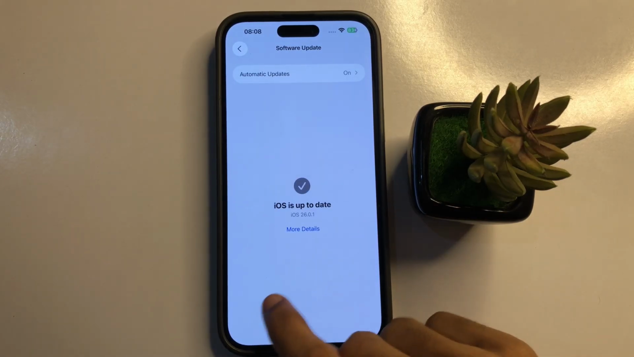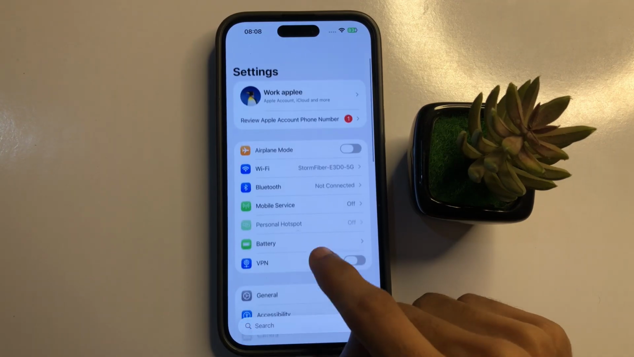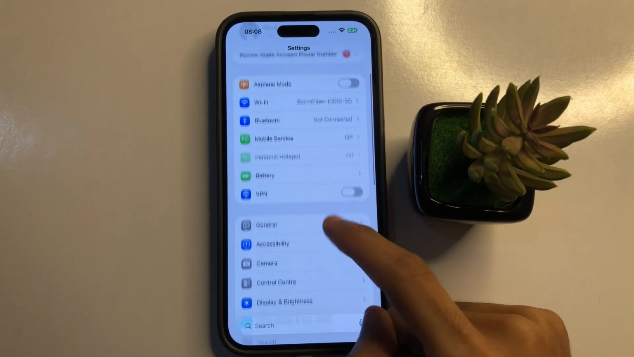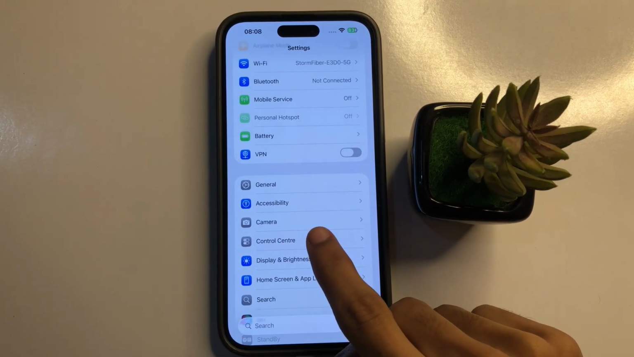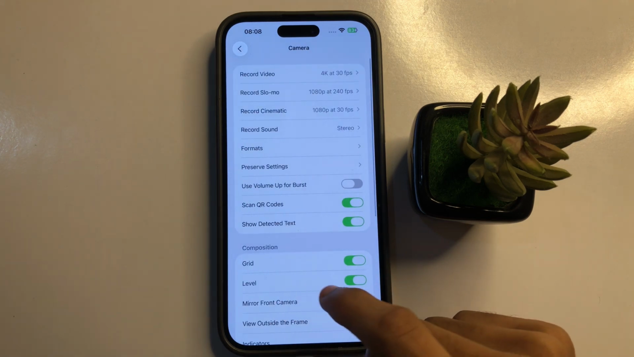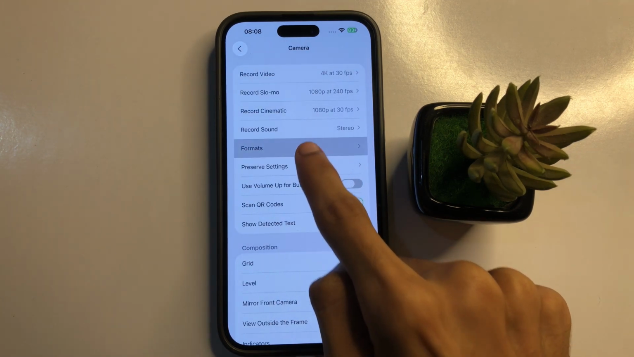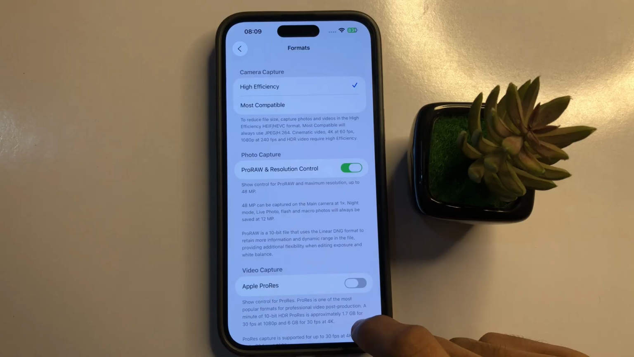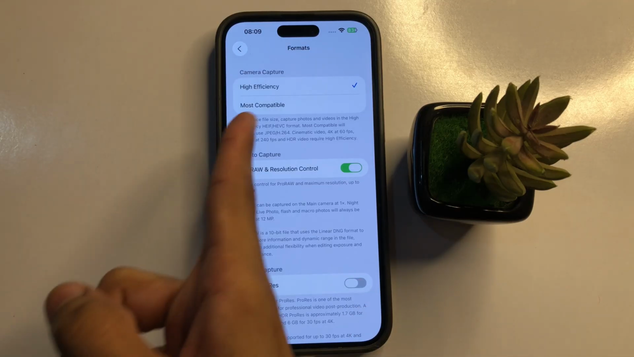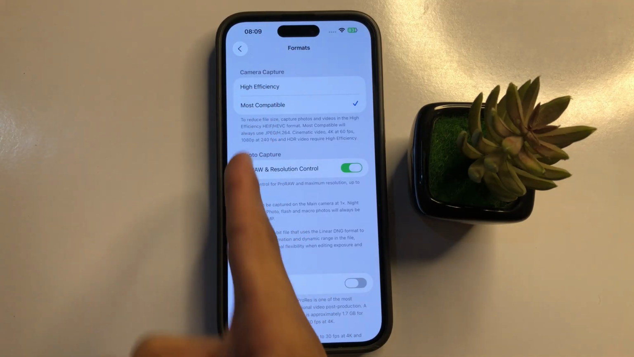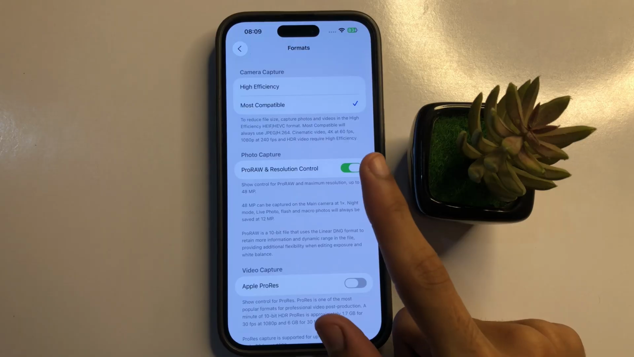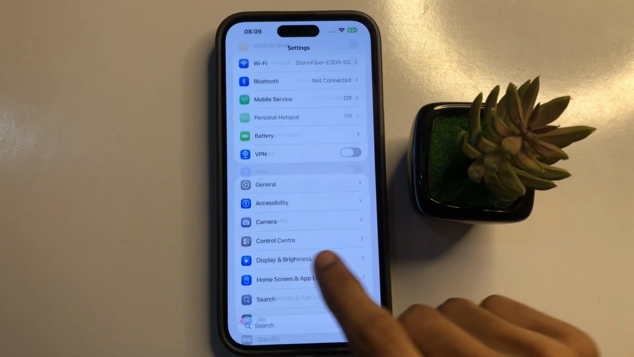So if it is latest, go back to settings. Now in settings, scroll down, you will see third option is camera. So click on camera. Now here click on formats. Now here make sure click on most compatible. After click on most compatible, go back to